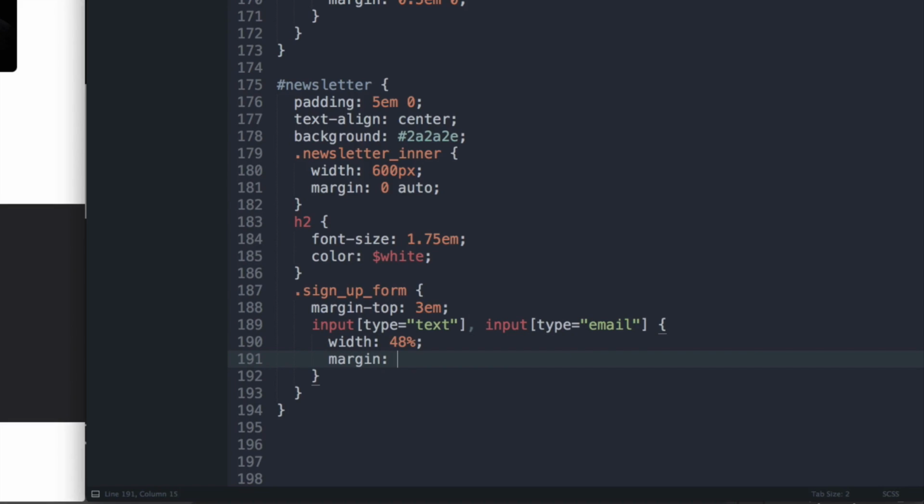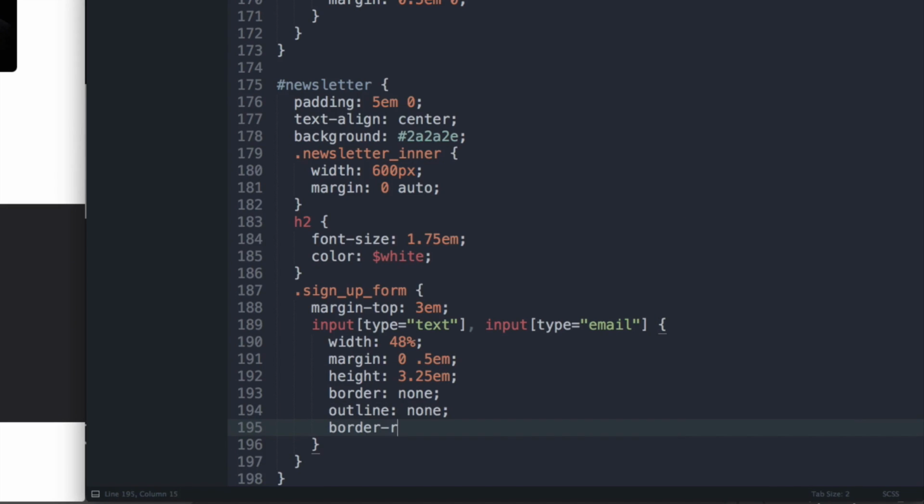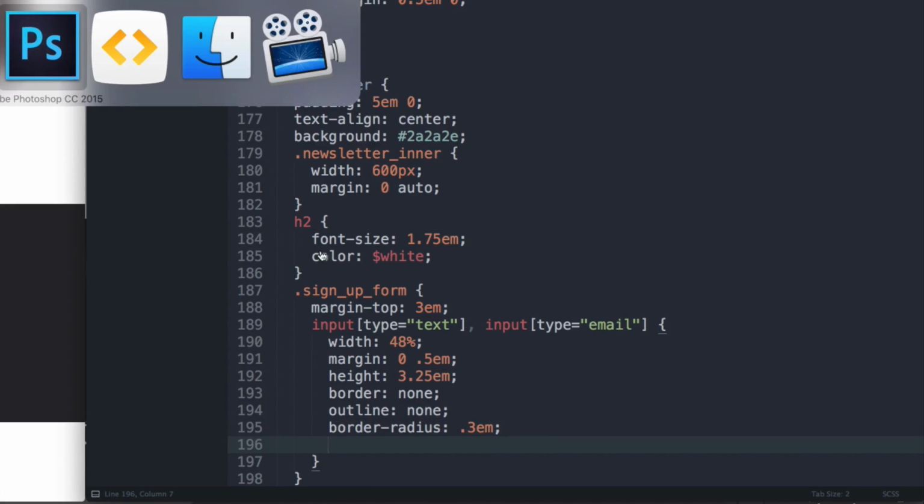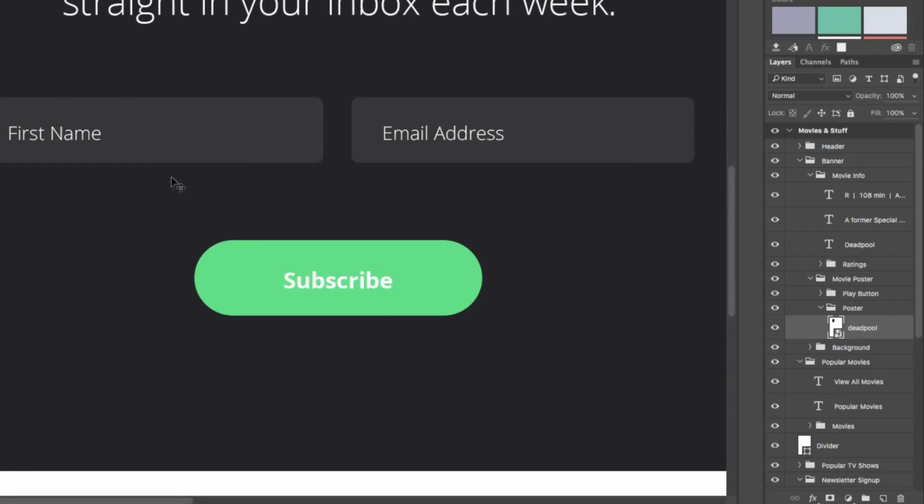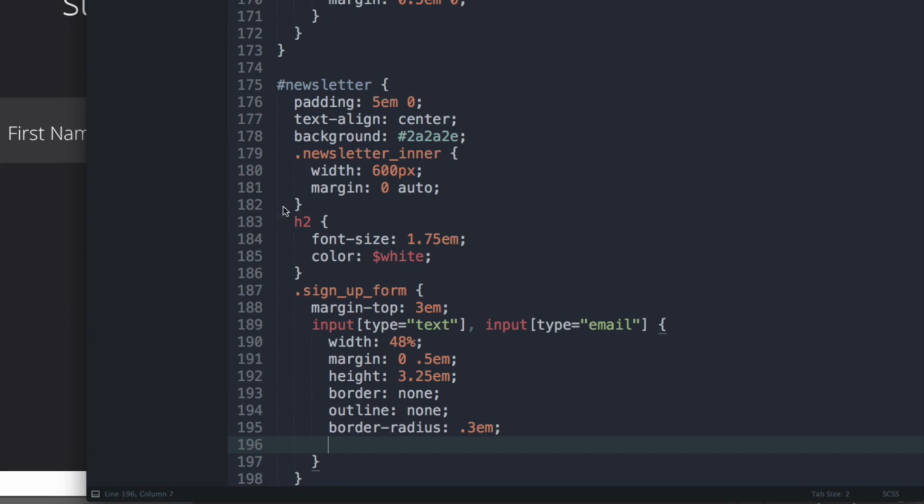Let's do a margin of 0 and 0.5em on either side to give it a little bit of spacing so they're not bumping up against each other. Let's add height of 3.25em, and then let's do border none, outline none, border radius to round the edges. Let's do 0.3em. The background, I don't remember what color that was. Let's select that. So we'll do background of